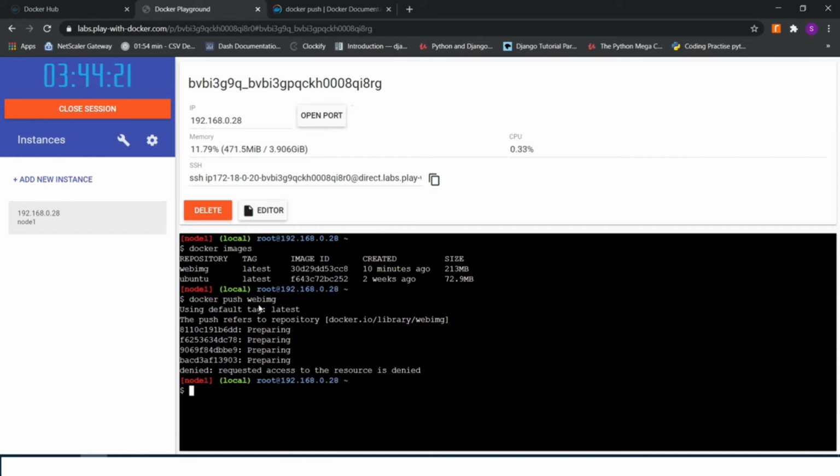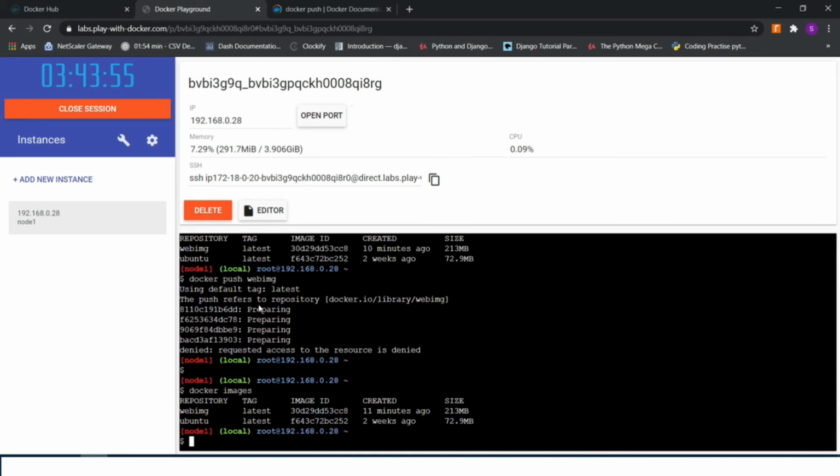And this is happening because we are not following the naming convention using which we should pull our custom images. Docker Hub requires us to push the custom images with a particular naming convention. The naming convention is the username of your Docker Hub account / and then the name of the custom image, which means that if you see this docker images output, here we have given the name as web img, which is not the right name to use for an image